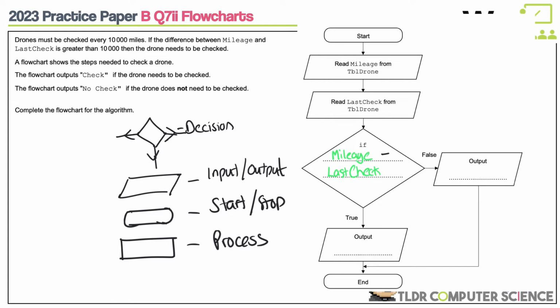If it's great, so maybe I'll put that in brackets so it's all done together. If that's greater than what? Is it inclusive of 10,000? Greater than 10,000, so not greater than or equal to, just greater than. Then if that was true, what should we do? Output check. Do I put speech marks? Yeah. If it was false,